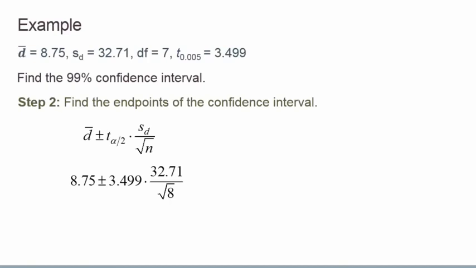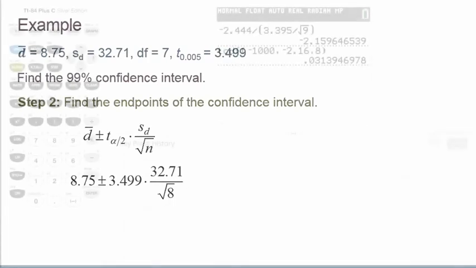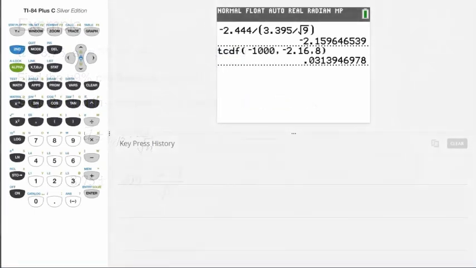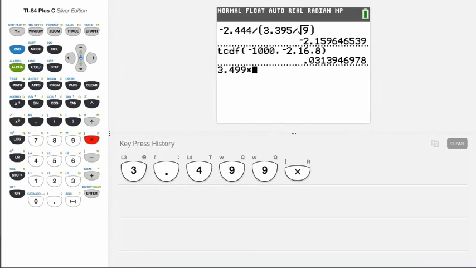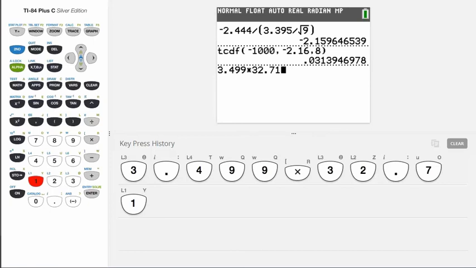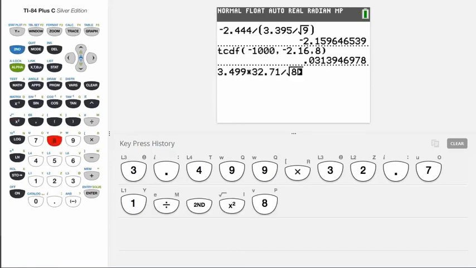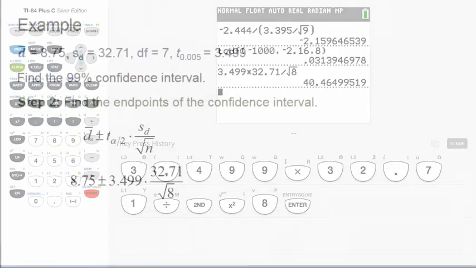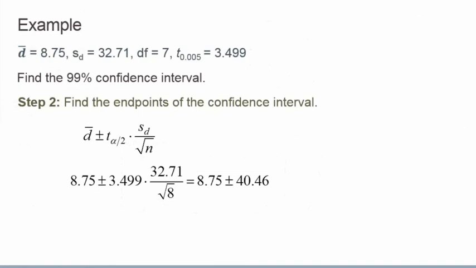Calculating the information to the right of our plus or minus, 3.499 times 32.71 divided by square root 8, enter. I have 40.464995, which gives us 8.75 plus or minus